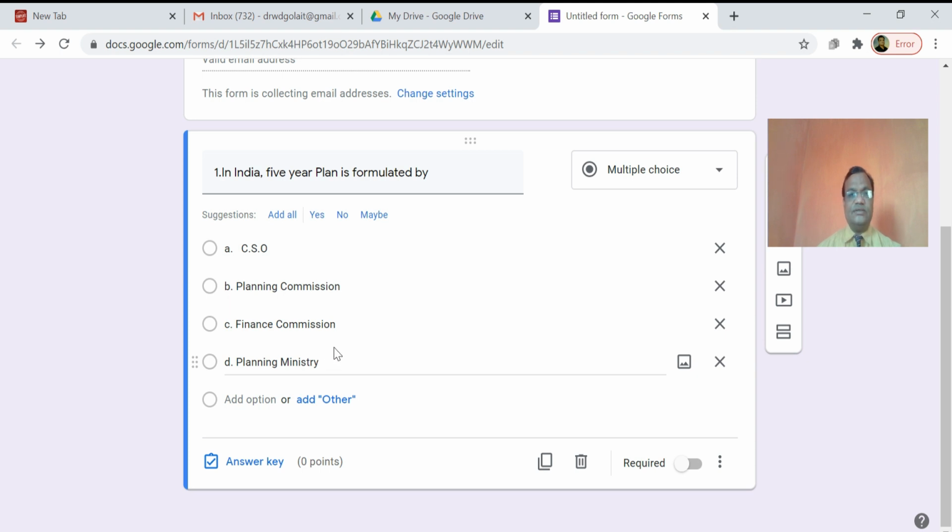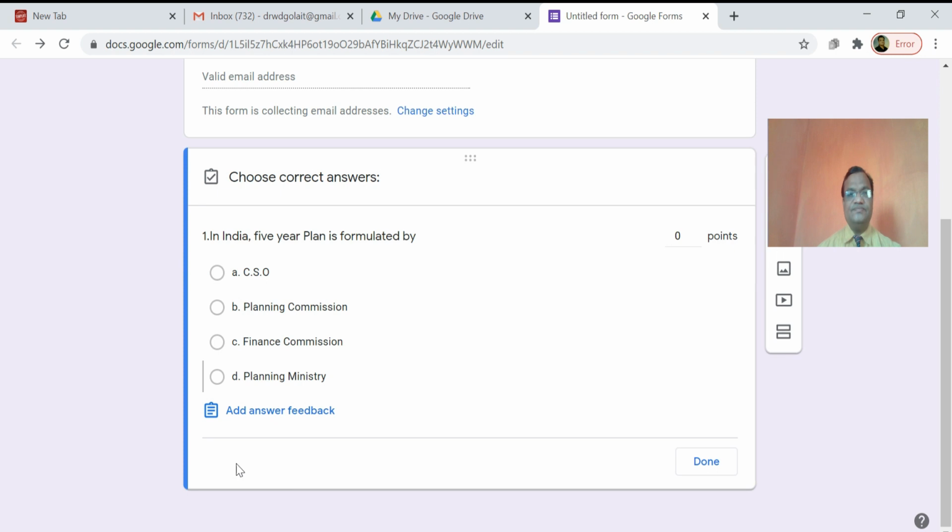Suppose this is the planning commission, okay, the answer is planning commission. Then go to the answer key and click on planning commission.